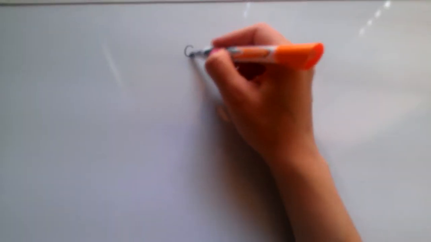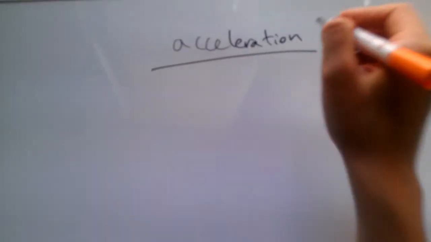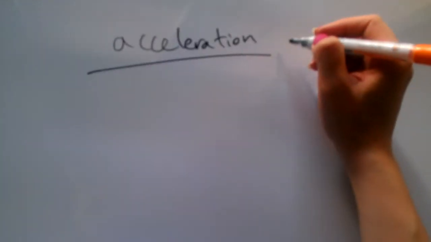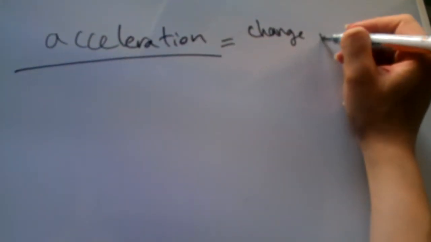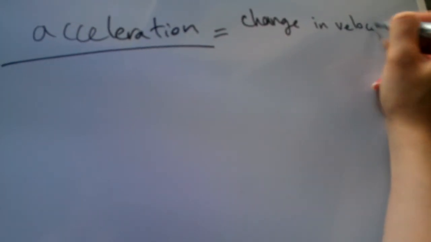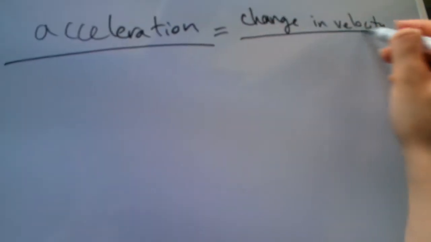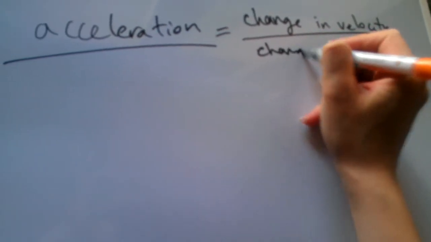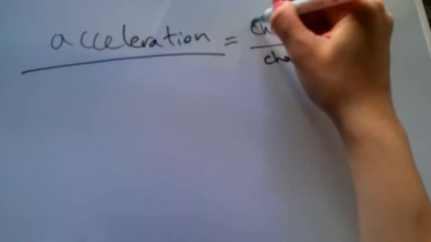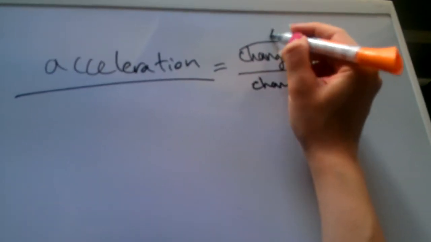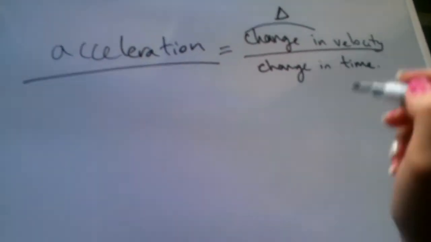Hi everyone. Today I'm going to be talking about a quantity in physics called acceleration. And acceleration is basically defined to be change in velocity over change in time. Okay, so change in, I already told you, we denote it by this little triangle called delta,